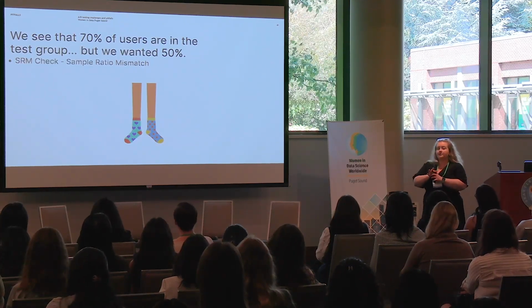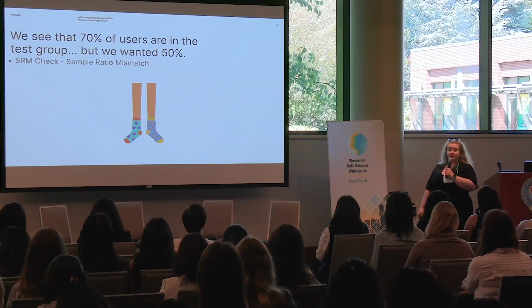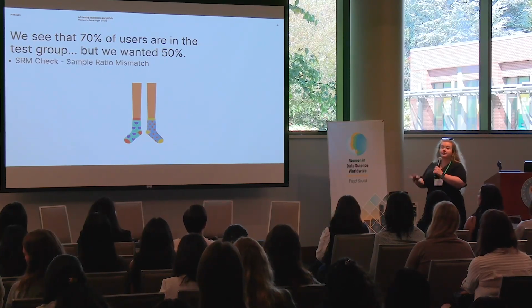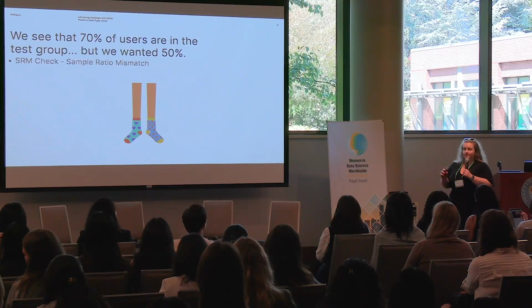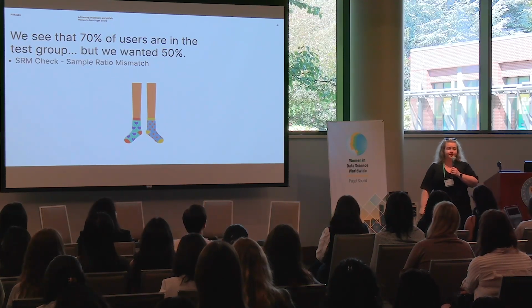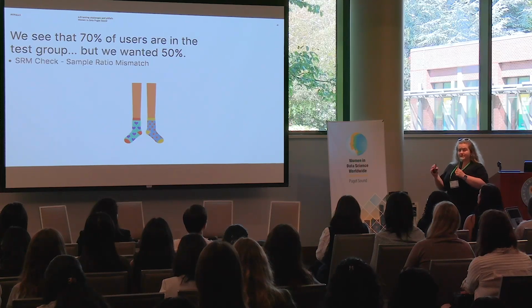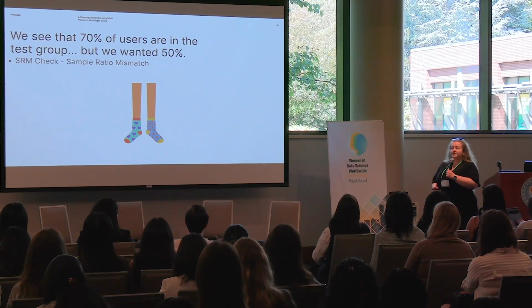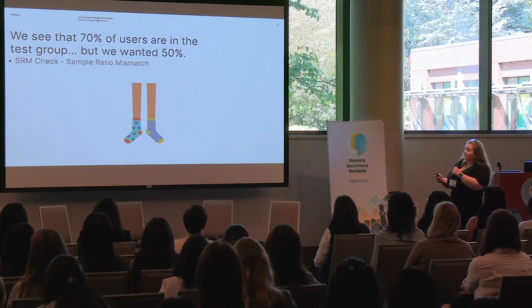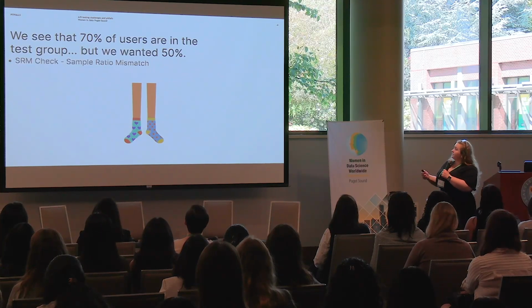So you can do something called sample ratio mismatch calculation. Plenty of calculations out there online, so I'm not going to talk you through the math. We don't have time for that. Kind of like for sample sizing. And it turns out that slight imbalance a lot of times is okay. So that may be half a percentage point. You know, if you have 40 users in one group and 42 in another in the past hour, that may be okay.